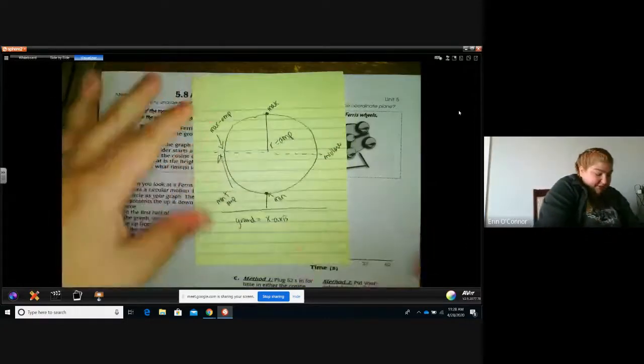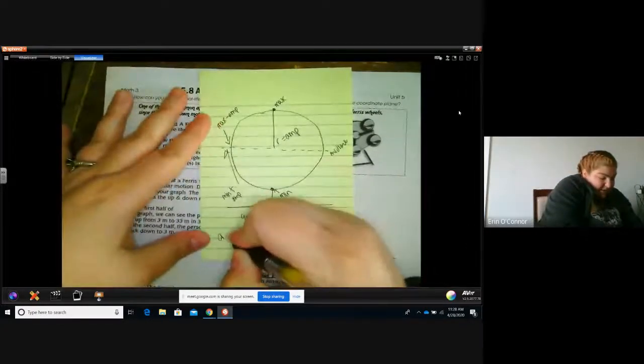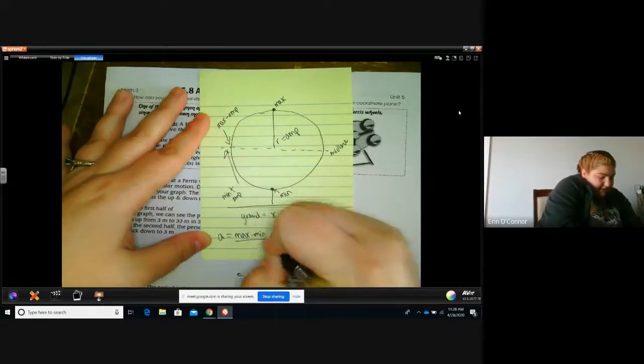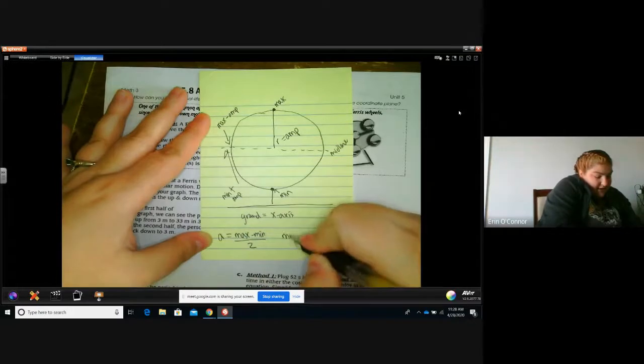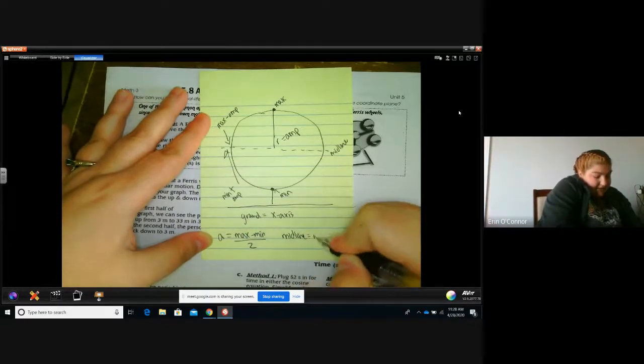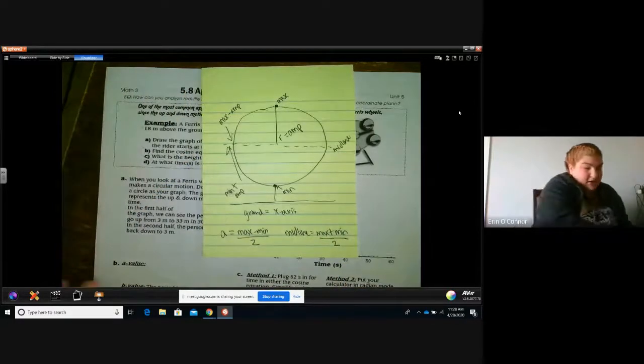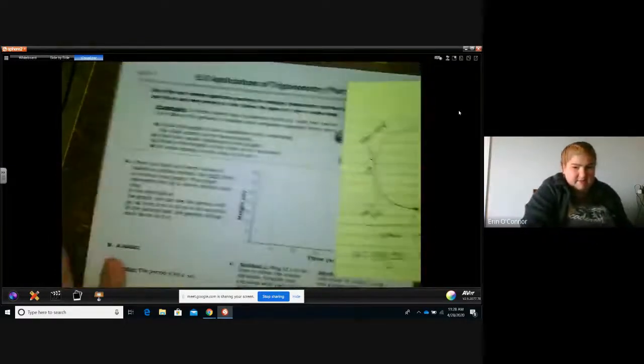Also on here, just so that we remember, I'm going to put that amplitude is equal to max minus min divided by 2. And your midline is equal to max plus min divided by 2. And hopefully that'll help us out a little bit as well. Okay, so I'm going to try and keep this in our field of vision as much as possible as we